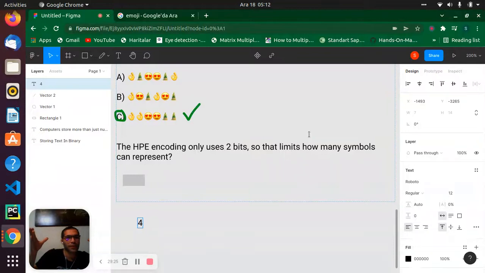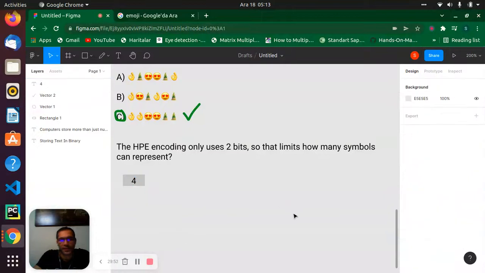In 1 bit we have two choices to answer; something has to go this way or the other way. So if we have 2 bits, we have a limit of 4 symbols. We can represent just 4 symbols there. So the true answer is 4, not 2 or some other number. This is the correct answer here.